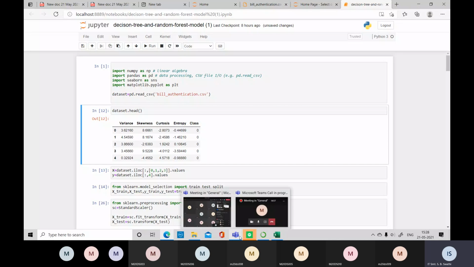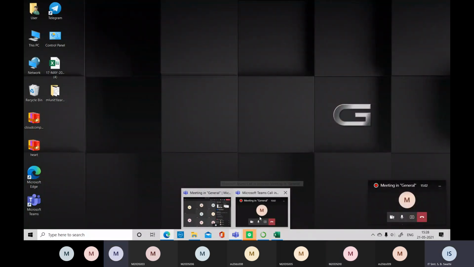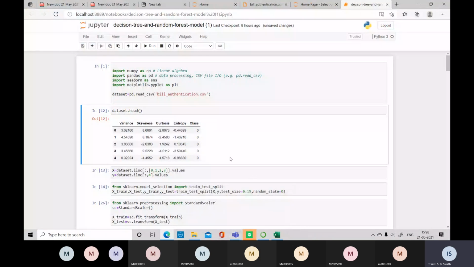Students, is this clear, ma'am? Clear, ma'am. Yes, ma'am. Now we shall understand the decision trees, and then afterwards, after understanding the decision trees, we'll come to this program. We will learn the things in a stepwise manner.